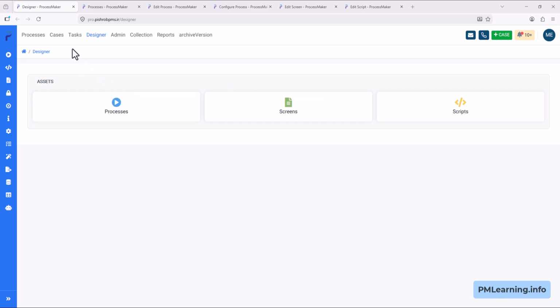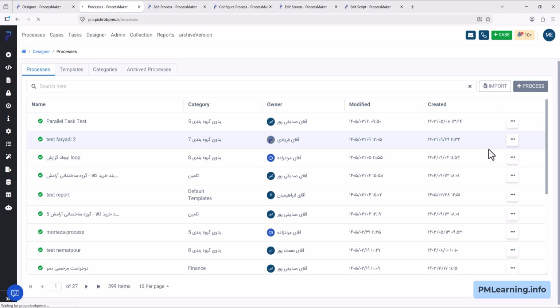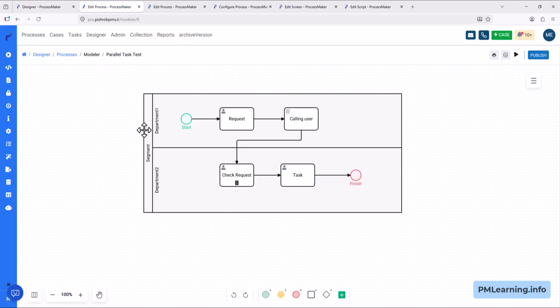Let's start with processes. I choose one of them. I open this in my modeler. Okay. As mentioned before, process versioning allows you to modify a process while ensuring that existing running instances continue to